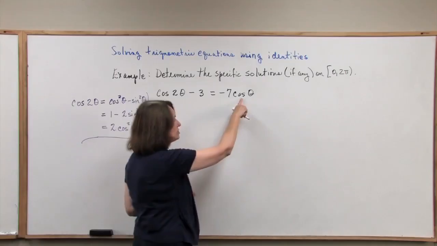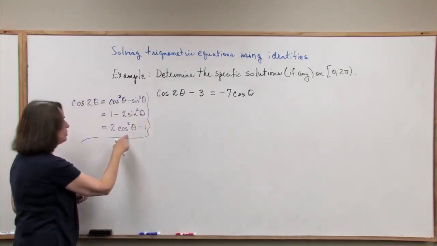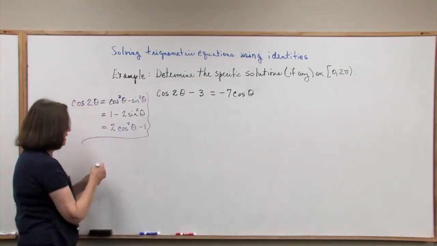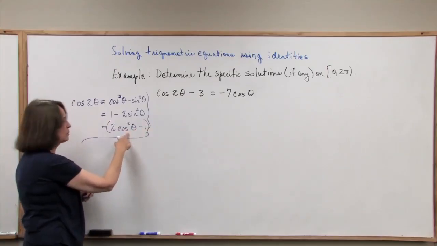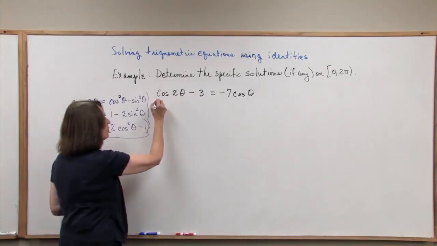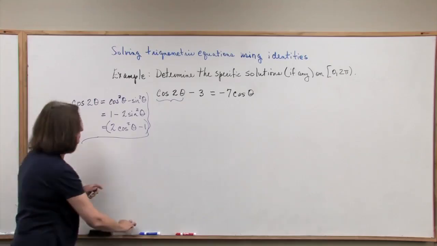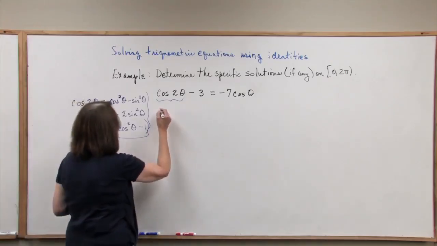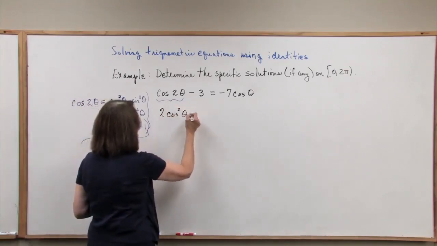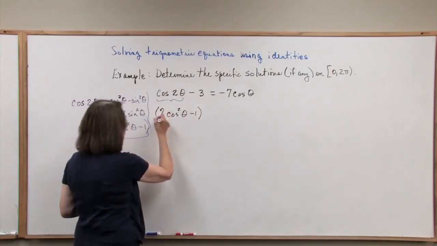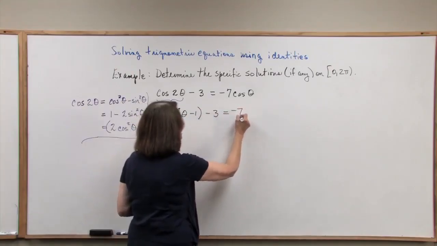Since the equation has a cosine of theta function, we will use this version. I'm going to substitute 2 cosine of theta squared minus 1 for the cosine of 2 theta. Let's do that. 2 cosine of theta squared minus 1 minus 3 equals negative 7